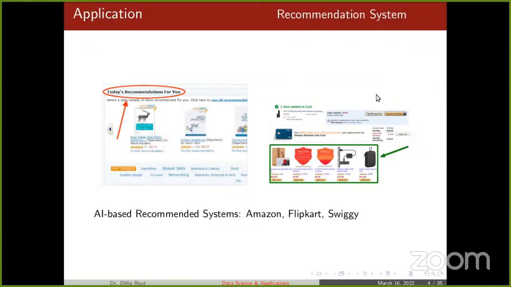Okay. In recommendation systems, what happens? Suppose you are buying from Amazon. So we are searching for books. Automatically, you are searching for one book of one particular title, but multiple books will be suggested, which are of other types. Suppose you are searching for a book on data science, but some books from DBMS and some books from algorithms will also be shown to you.